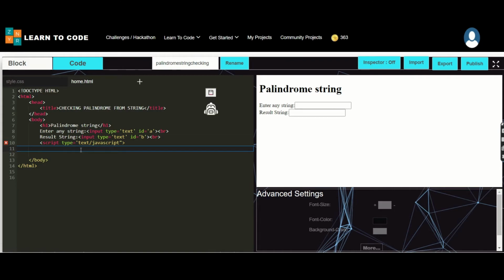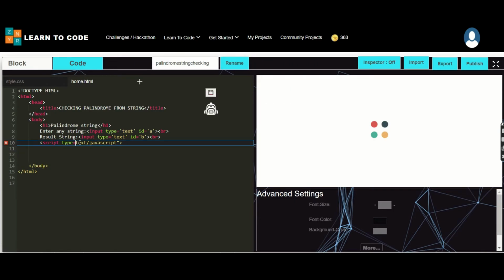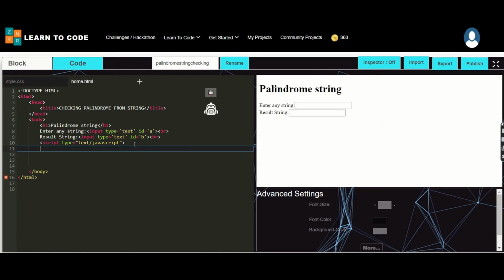Next I'm going to create the function. Yes, the punctuation is an error, so while doing this, please check the punctuation. If your punctuation is not right, try to correct it at that time itself.